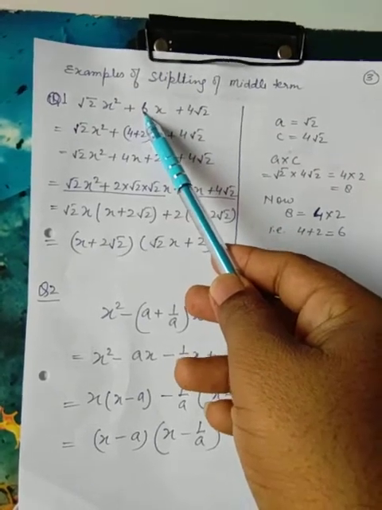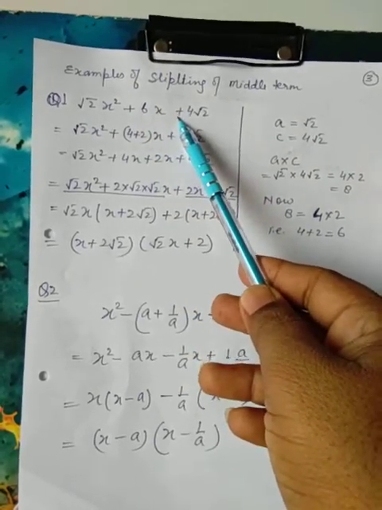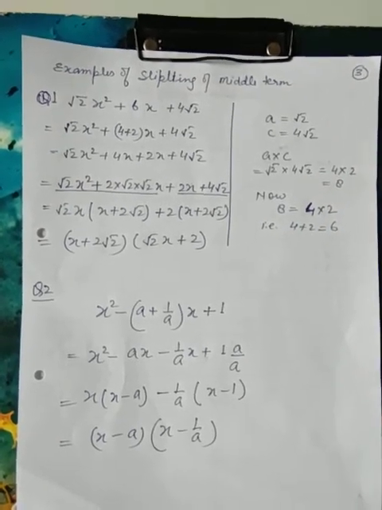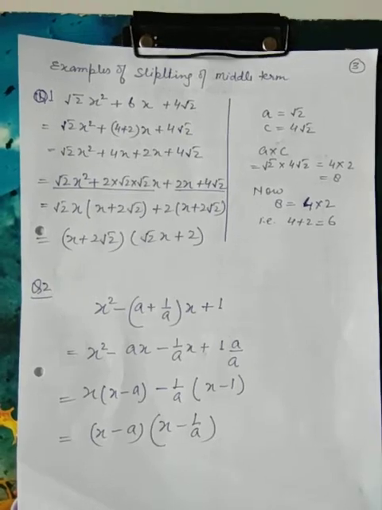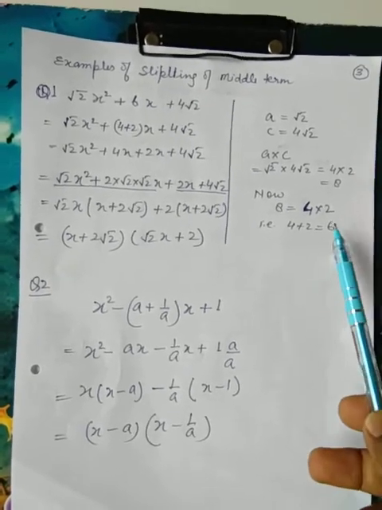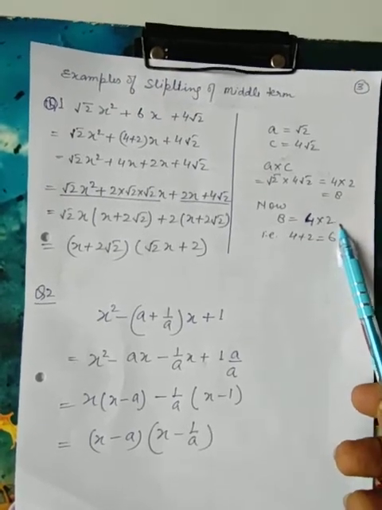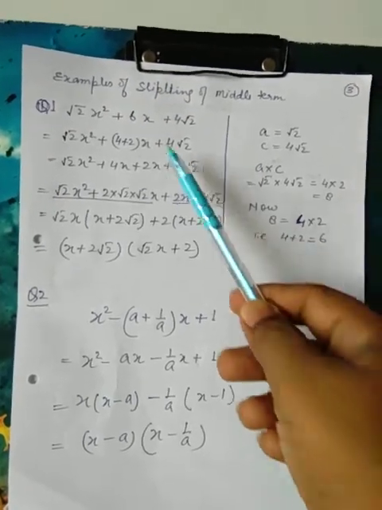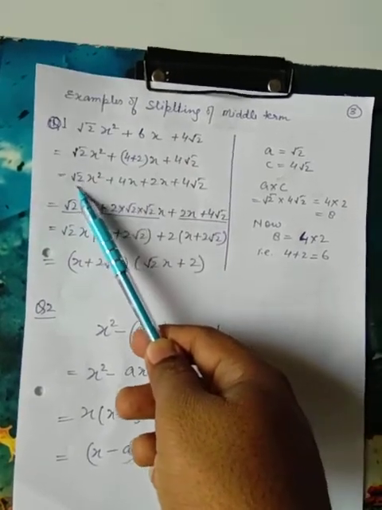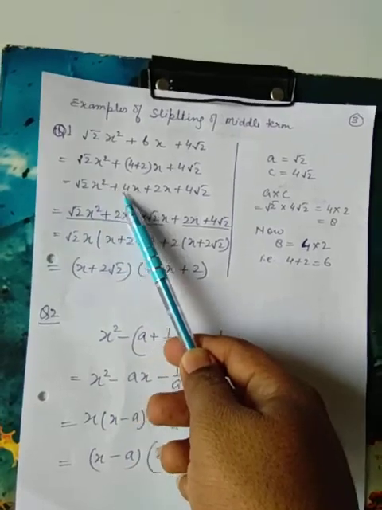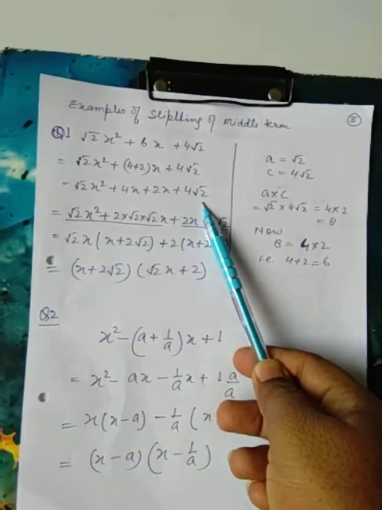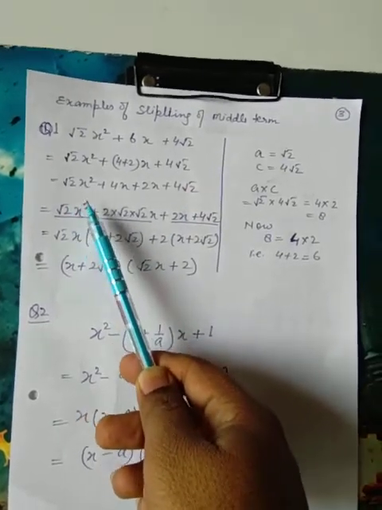And again we will go to the question. The coefficient of the middle term is 6 and the sign of the constant term is plus. So we need to find the factors of 8 in such a way that the product of the factors is 8 and the sum of the factors equals 6, right? So it is coming 4 and 2, 4 into 2 is 8, 4 plus 2 is 6. Now we can replace the 6 by 4 plus 2. Now open the bracket. Root 2 x square plus 4x and then 2x and plus 4 root 2, and then after that we will make the groups.